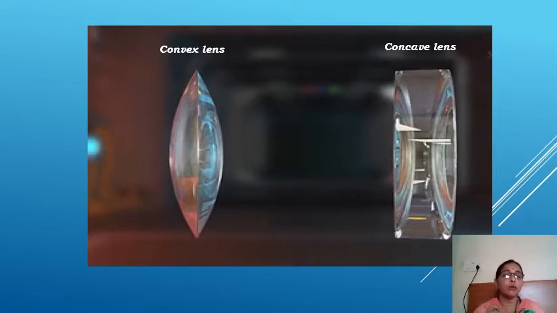They also have a principal axis, they also have a principal focus, they also have a radius of curvature. So all these things will be having two times. Two times. Why? This part of the lens, not mirror, this part of the lens is a part of a circle here, and this part of the lens is a part of another circle here. Okay, so let's study further.